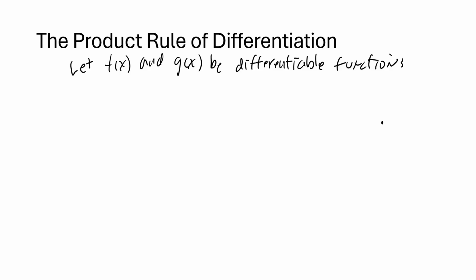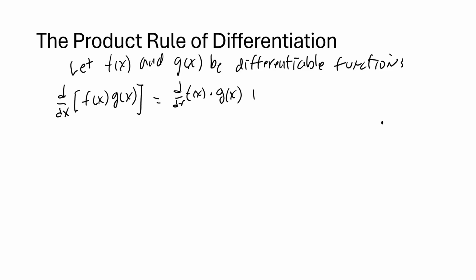And so the derivative with respect to x of the product f of x times g of x is just the derivative of f of x times the function g of x, plus the derivative of g of x